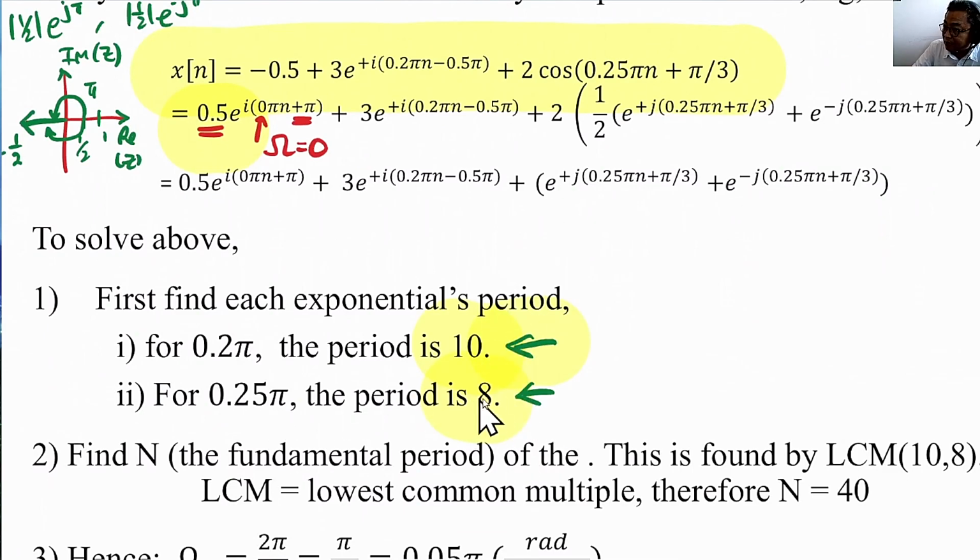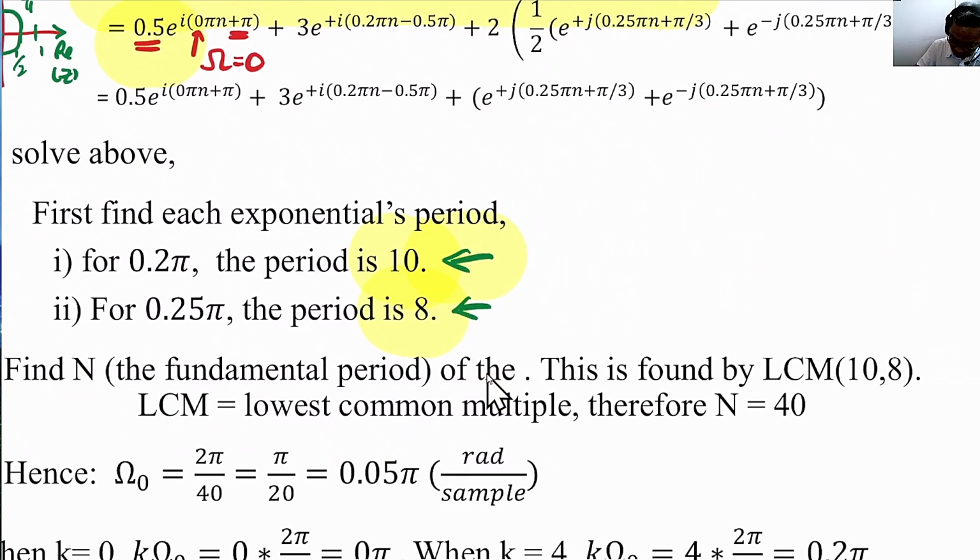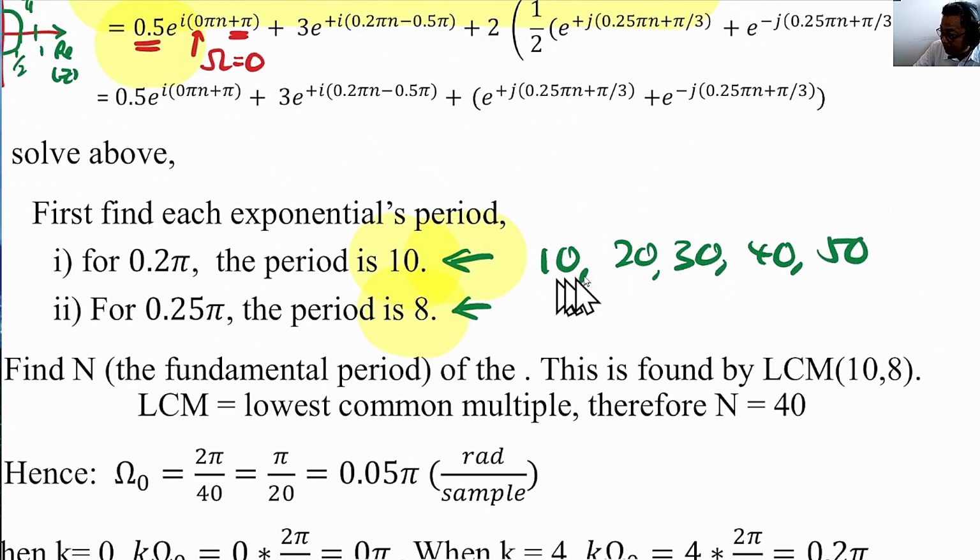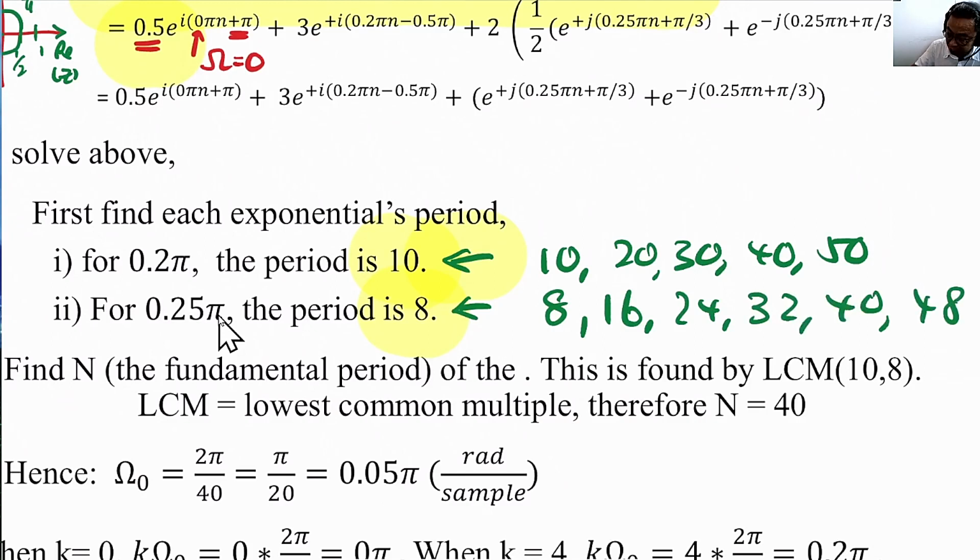So we now need to find the least common multiple between these two periods. So this is 10, 20, 30, 40, and 50 for different n's. For n equals 10, there will be 1 period, n equals 20, there will be 2 periods, and so on. What about 8? For this 0.25 pi, we will take 8 samples and we will complete one cycle. 16, 24, 32, 40, 48. So we have now found the common period. 40 is the common period between these two